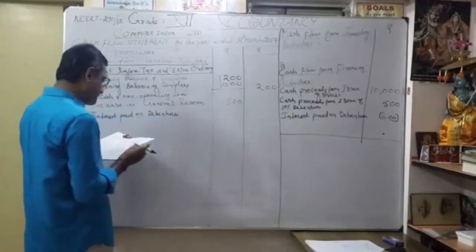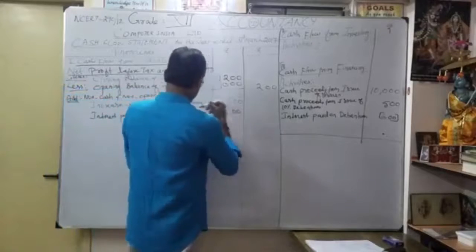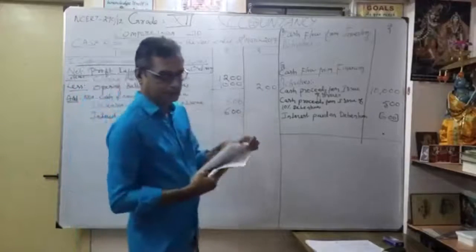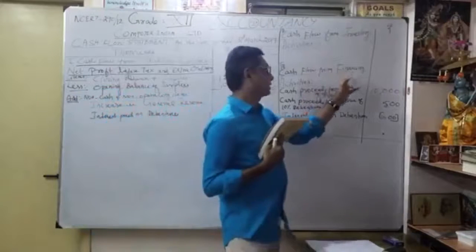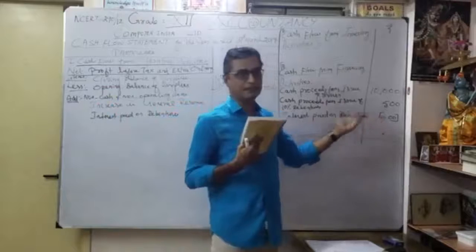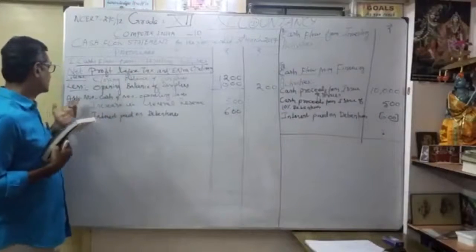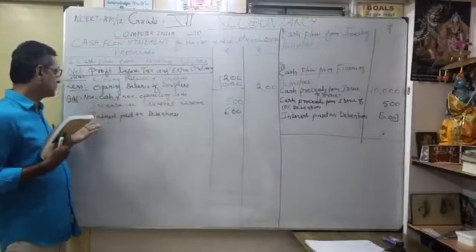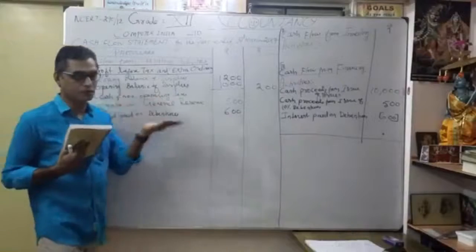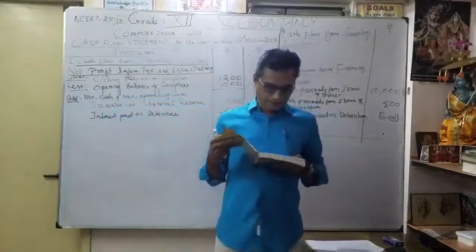How much? That is 600. Okay, that's what we should be very careful. Any interest on debentures, that rate first under financing activity, the cash outflow. Interest paid on debentures 600. Similarly, coming to our operating activities, under the non-cash and non-operating items, you have to write interest paid on debentures. You want to add, correct? Done. So we finished our non-current liabilities, correct?